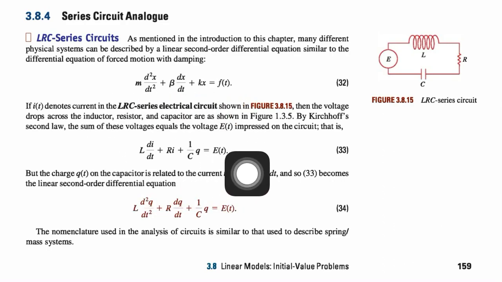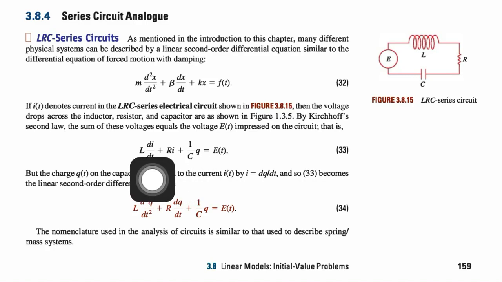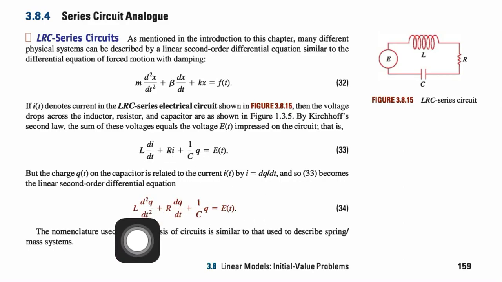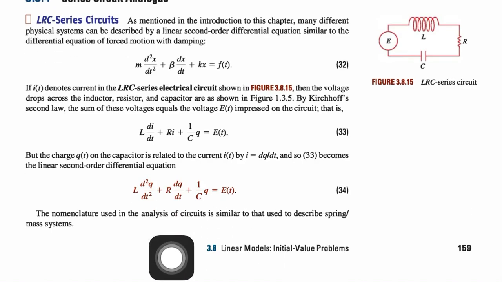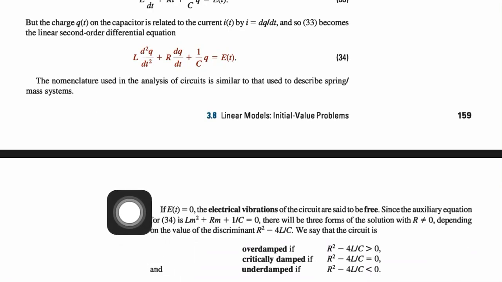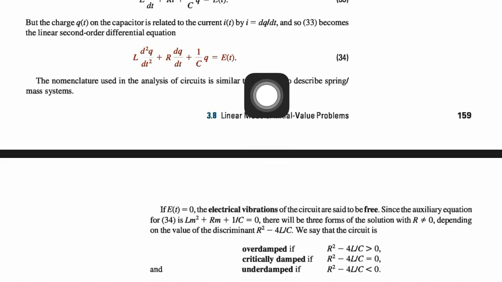So this equation is the LRC series circuit. This is the same as the mass spring system for driven motion. Further, I am going to put the value of the current, i equals dq over dt, in that equation. So the equation becomes L d square q over dt square plus R dq over dt plus q over C equals E of t. As you can see, this system is just like the above case, in which we discussed critically damped, overdamped and underdamped conditions.